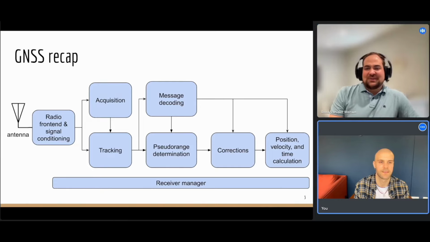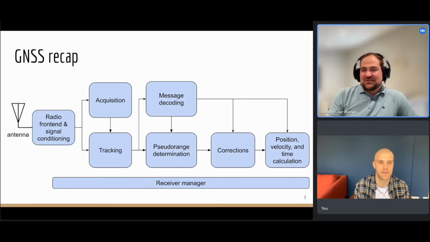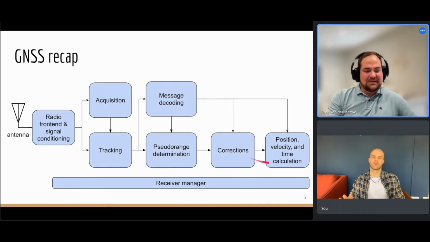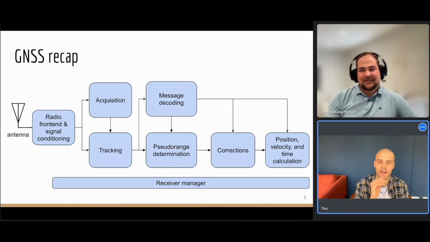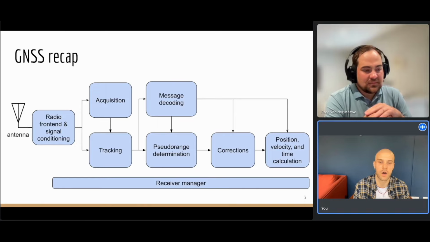Yeah. Matteo, I would ask you, is there any one of these points that you think needs a little more background? I have to be honest, Ross, I think this is one of the quickest and most complete presentations I have ever seen on how a GNSS receiver works. So I think all the boxes are quite clear at the moment. I would say go on, in case I can ask some questions later.